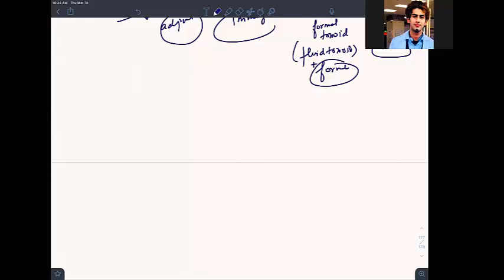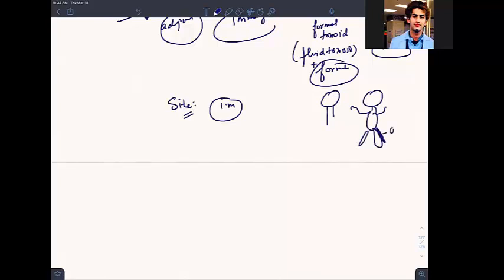Now, what dosages are you giving? Where do we give DPT, by the way? At what site do you give the DPT? Intramuscularly. Where? This is the baby. Let us make it like this. And this is the anterolateral aspect of the thigh. We'll be teaching you in the clinical videos soon. So the anterolateral aspect of the thigh is the place where you will be giving the DPT vaccine.